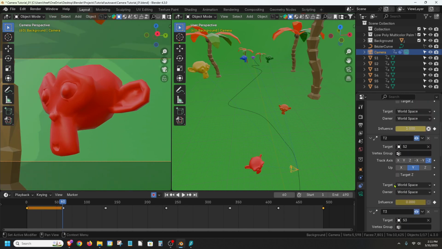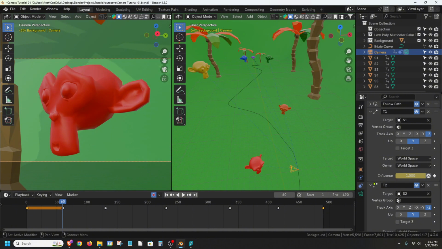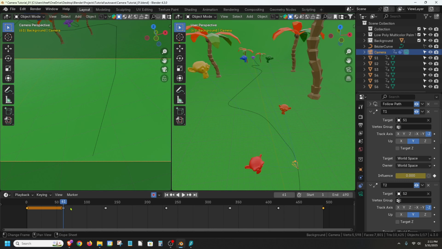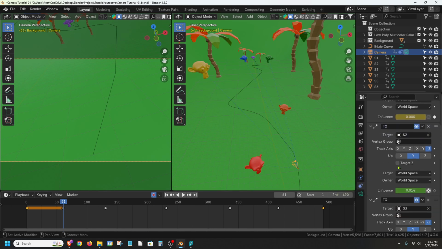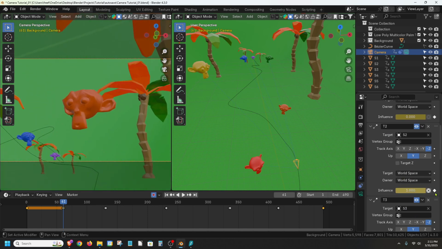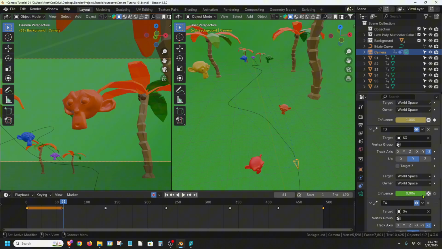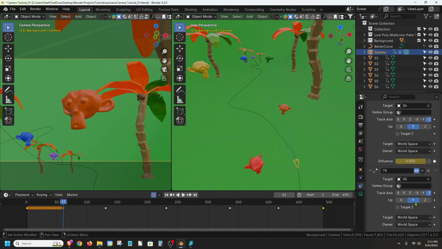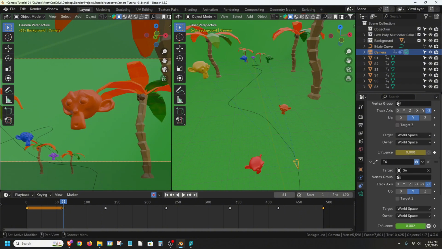Okay. I'm going to use my right arrow key to move to frame 61 on my timeline, at which point my T1 constraint goes down to 0, and I want my T2 constraint to be at 1. It automatically keyframes, and then everything after that, T3, 4, 5, and 6, I want to take them down to 0. Then I'll hit my space bar